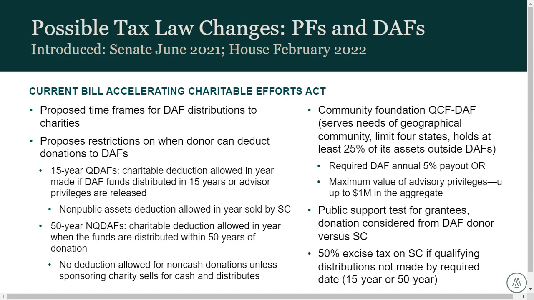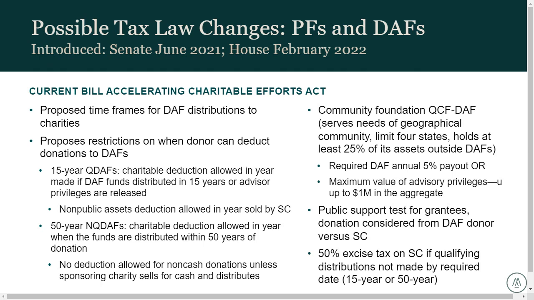So overall, with the ACE Act, Congress is really trying to achieve two main goals. The first is the mismatch in timing between when the taxpayer receives a tax deduction for the DAF contribution and when that charitable organization actually receives the funds. And number two, limiting perceived perpetual donor control. So the ACE Act, a few mechanics here,